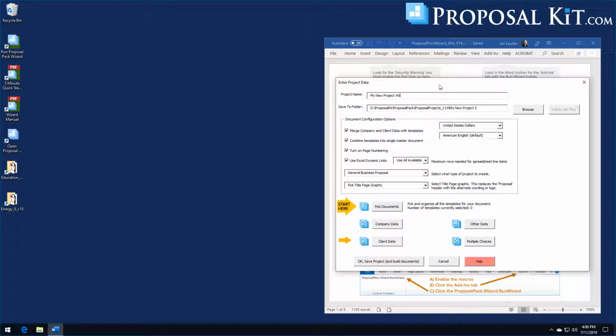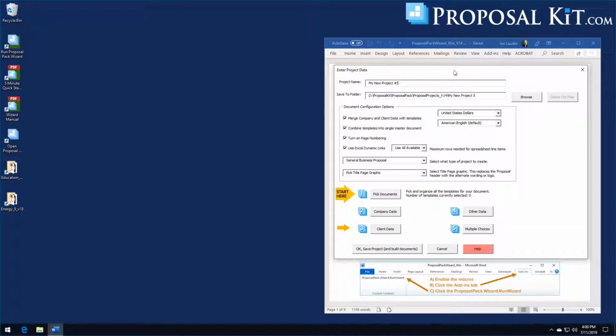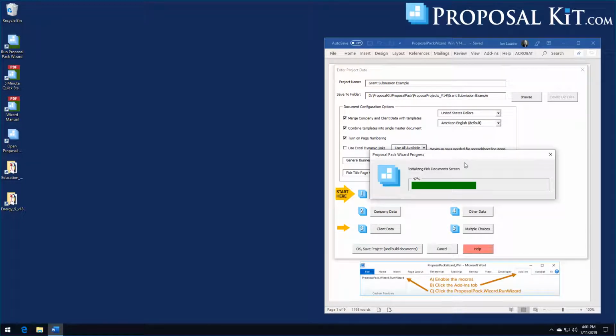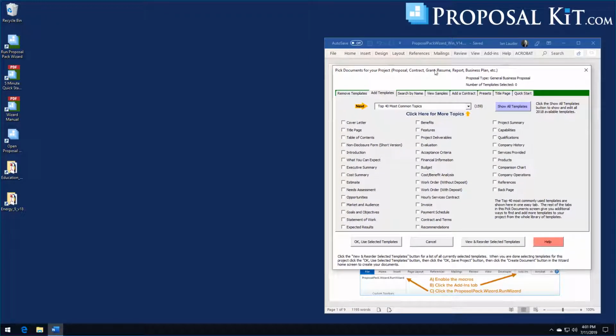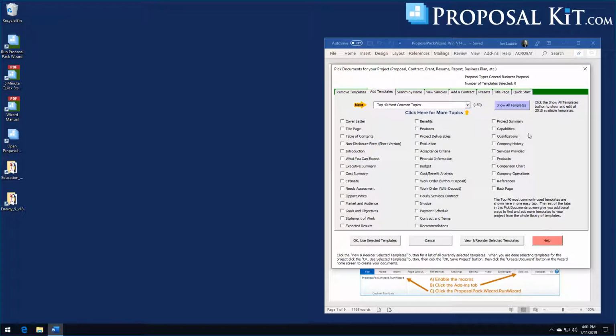And this process will be the same for any kind of proposal or business document, business plan you're going to create with a proposal kit. And you click this Pick Documents button. And this will get you to the screens where you can start selecting all of the chapters for your grant